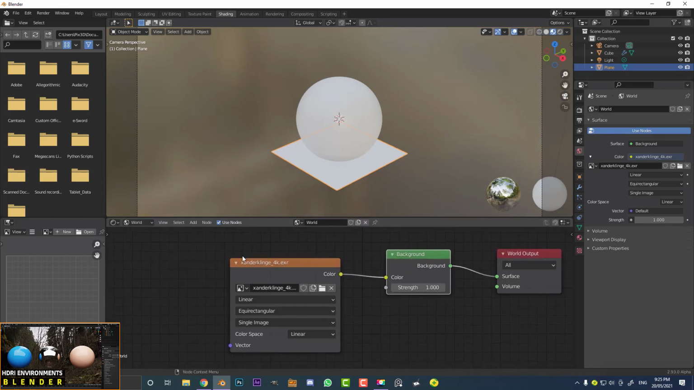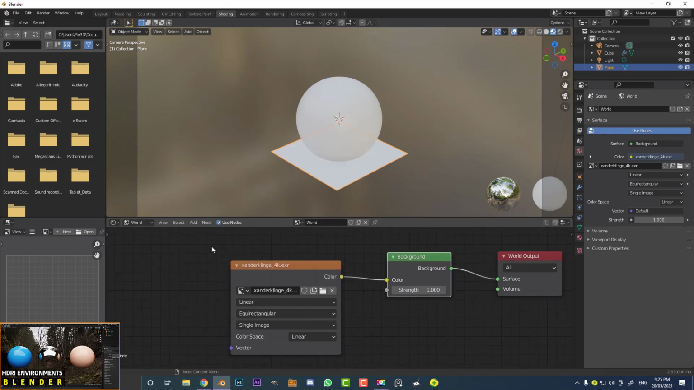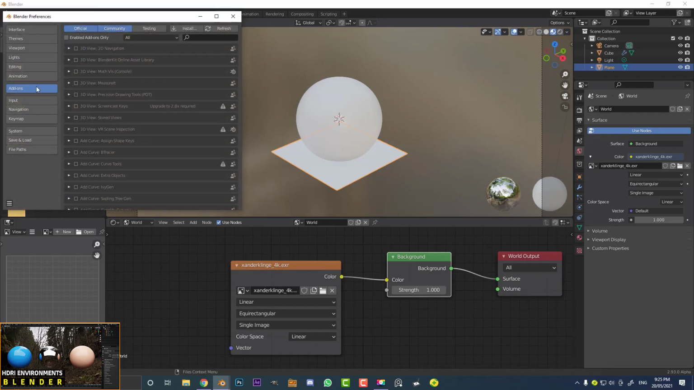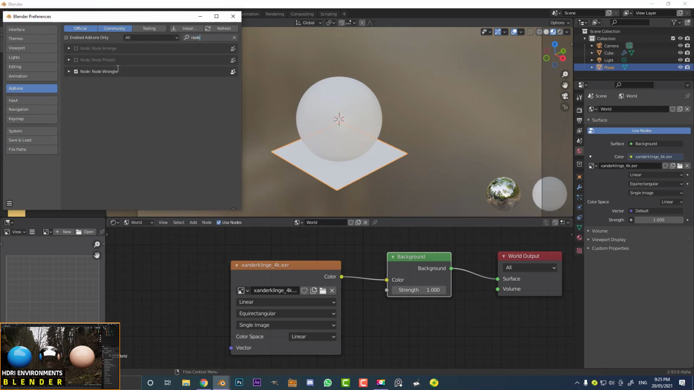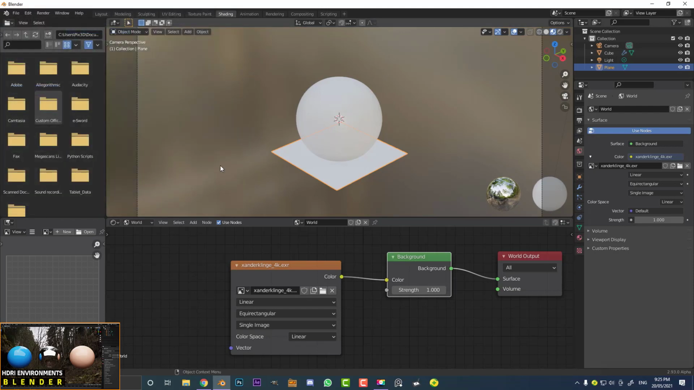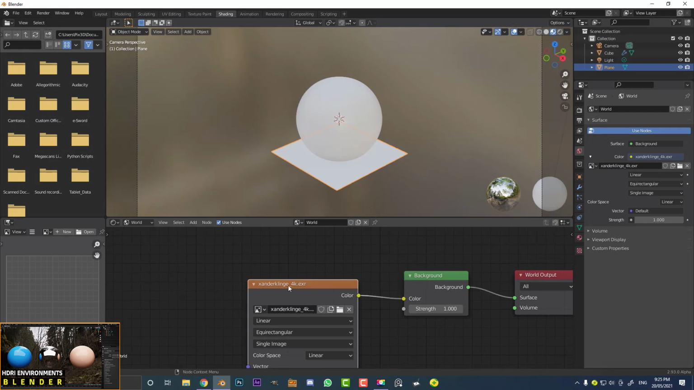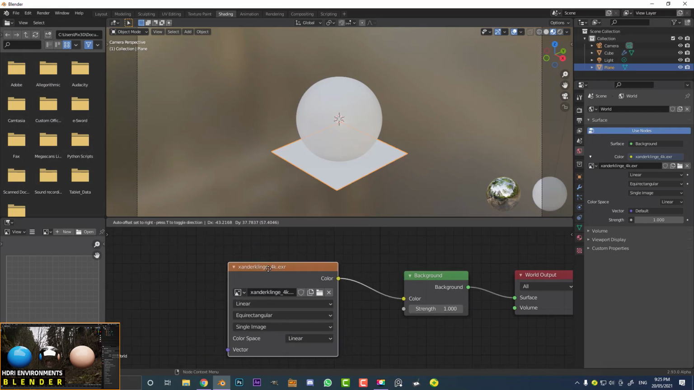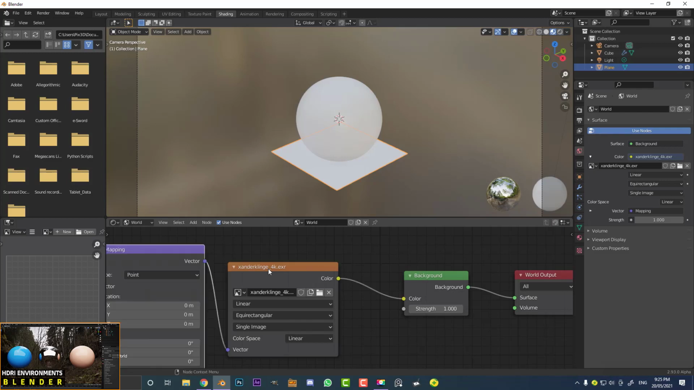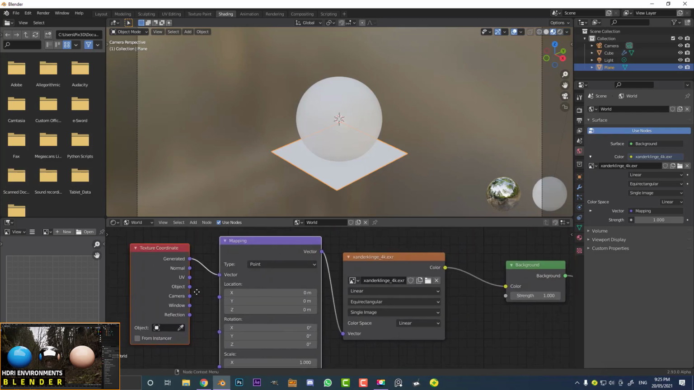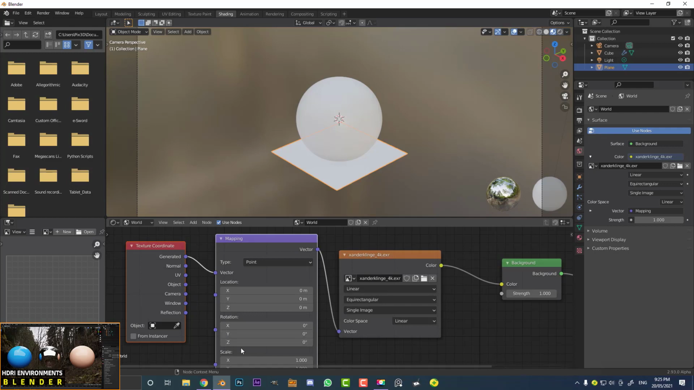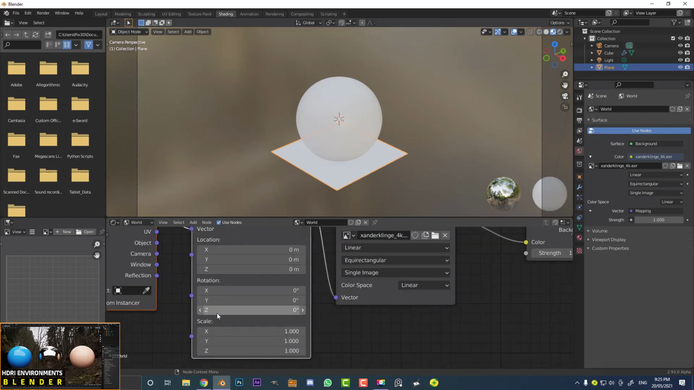Now there are a few more nodes I would recommend adding. If you go over to Edit, Preferences, you can go over to your add-ons and then type in here Node, and then enable the Node Wrangler down here by ticking it. Then if we select this image texture node here, we can hit Control T, or Command T on a Mac, and it's going to add in these extra nodes. That now gives us the ability to grab this rotation vector here, and we can mess around with them to